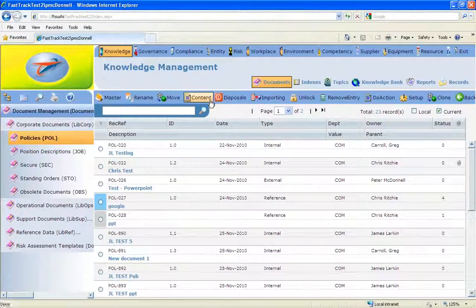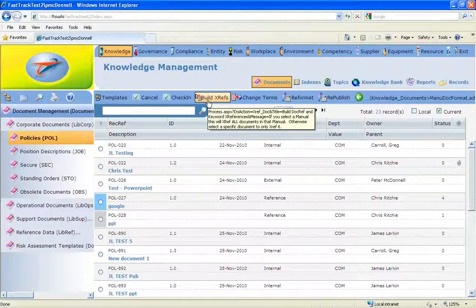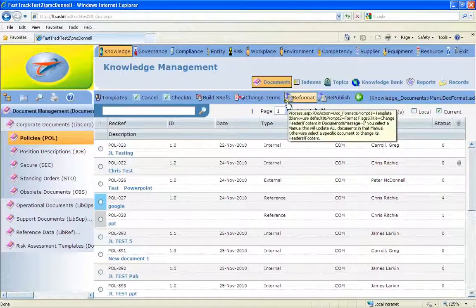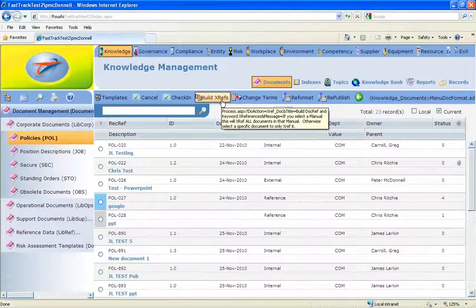The content we don't use a real lot. It has, once again, layer upon layers in this process menu. And this is more for a lot more technical processing. It's really, for example, if you